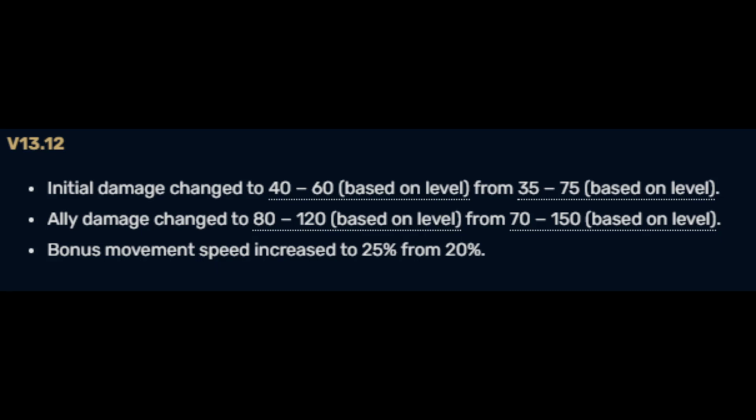Since the nerfs to Mandate, after Riot decided that the support item that buffs damage shouldn't be dealing damage, it's been pretty underwhelming, and given how prevalent it is in Nami builds, I believe it's part of why her win rate is fairly low. For a while now, I've been looking for a replacement, but of course there is no